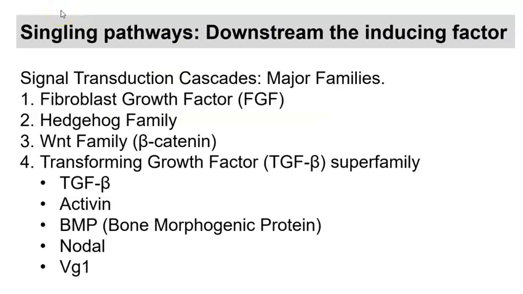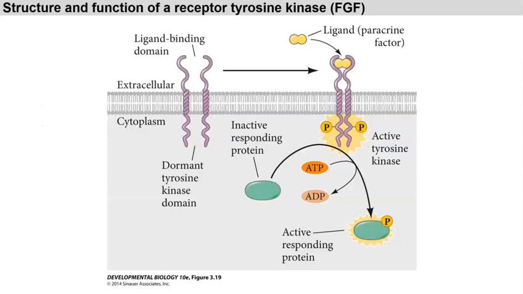There are a lot of different types and classes of families based on those secondary messengers and the receptor for that signaling factor or that hormone. I'm going to go through a couple of these. I spend a lot more time in developmental biology looking at signal transduction mechanisms. So if you're interested in that kind of thing, we talk about it a little more in that class that I'll be teaching next semester or next year. But for now, I'm going to just focus on a couple of these, and one of them I'm going to look at right now for you is the FGF signaling mechanism, and that's because we go through this tyrosine kinase